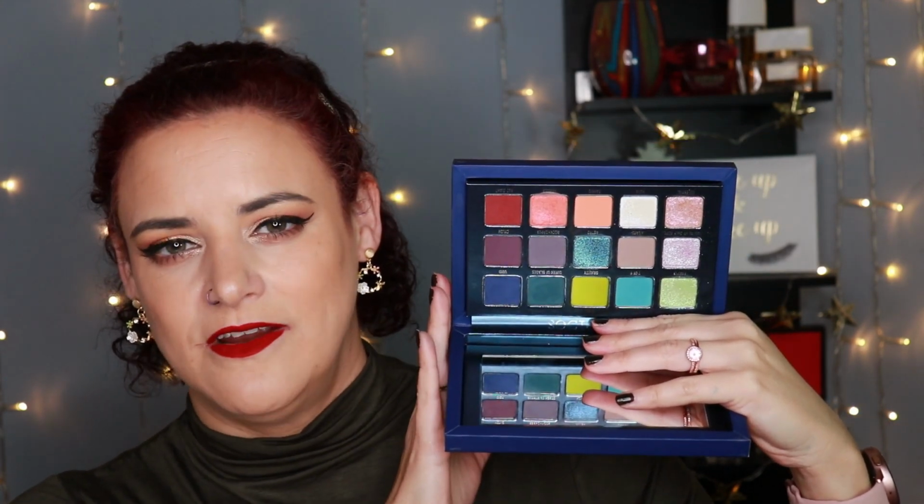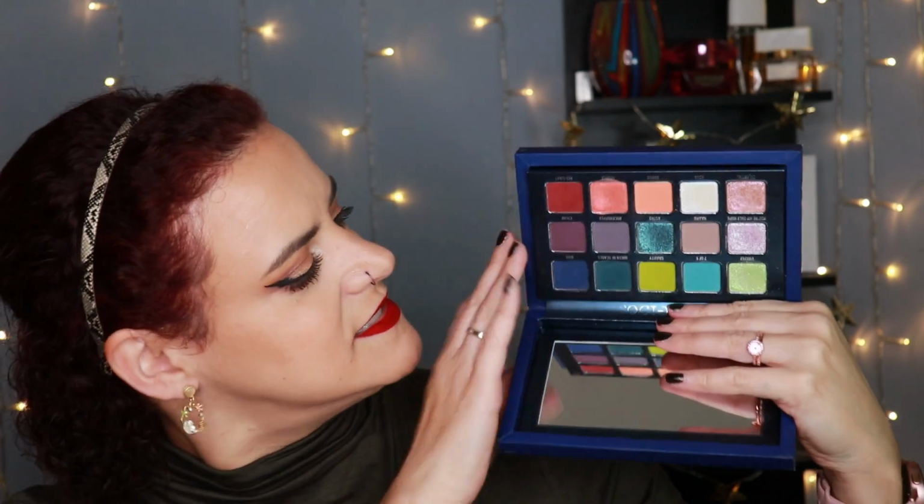And yet the neutrals that are in here still play really nicely with those bright colors, and they're not your mother's neutrals. You know what I mean? Like, it's not just brown. They're not just like a row of beige. There's like this nice